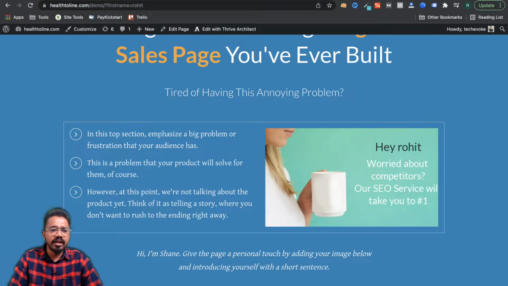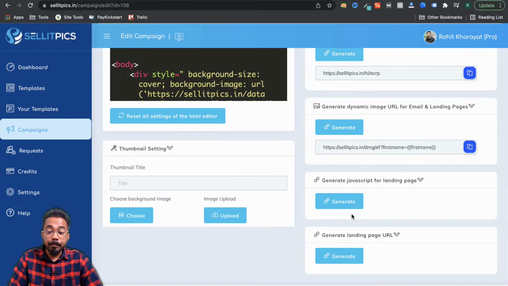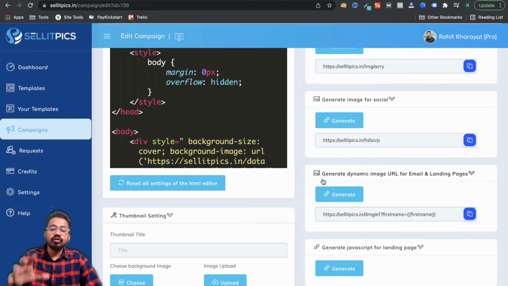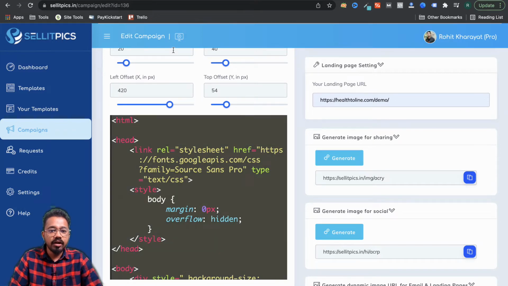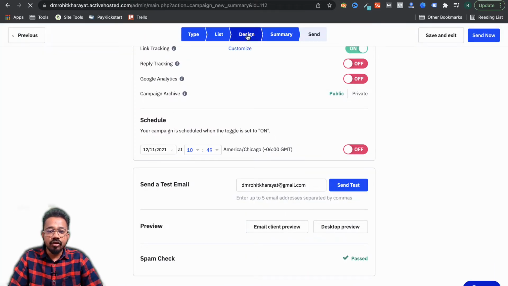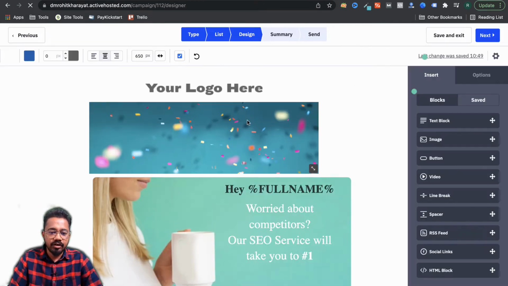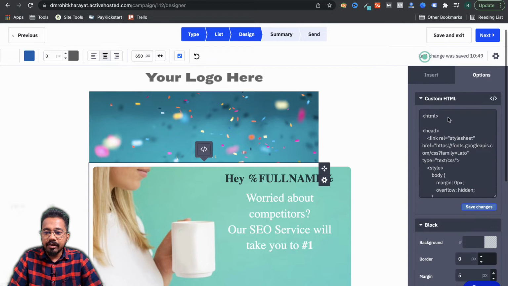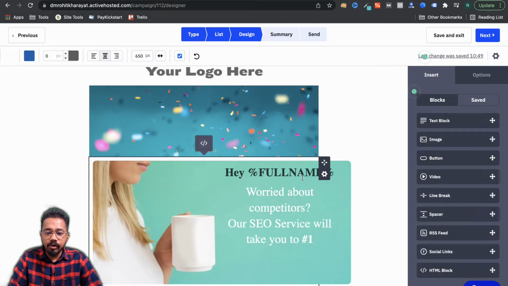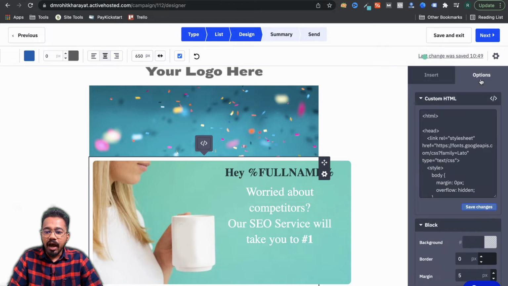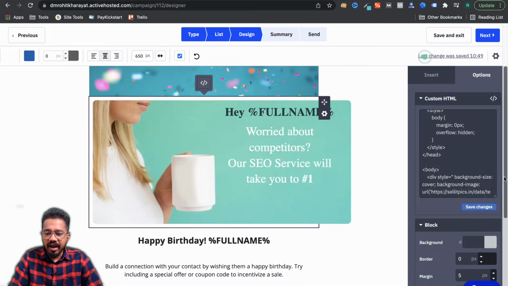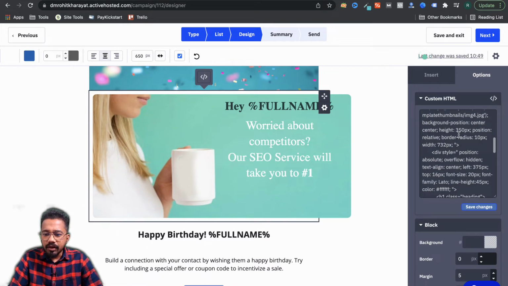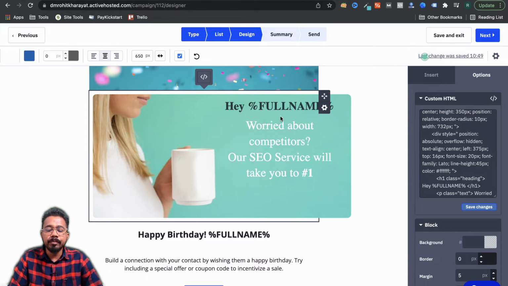So this kind of thing can be done, but more importantly, we can use it in email marketing. So how can you use it in email marketing? Let me show you. You just have to copy this code into your email software. I have already added it to my email software, and for example, you have to insert an HTML block. It totally depends on your software. You just have to go here and give the full name, the personalization name.